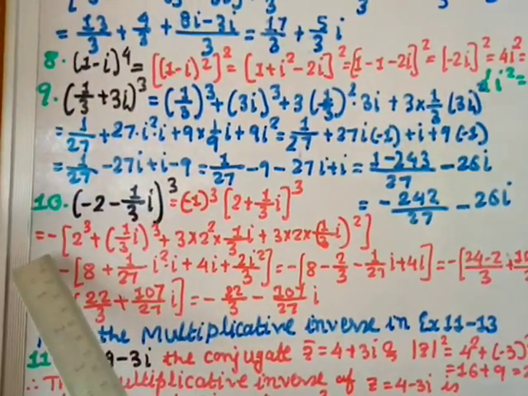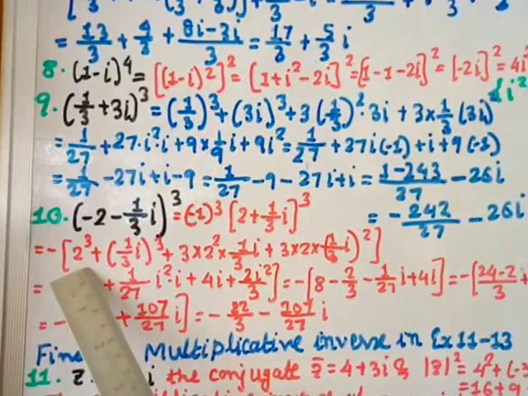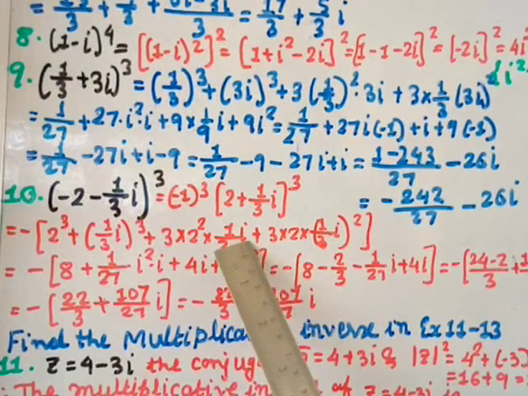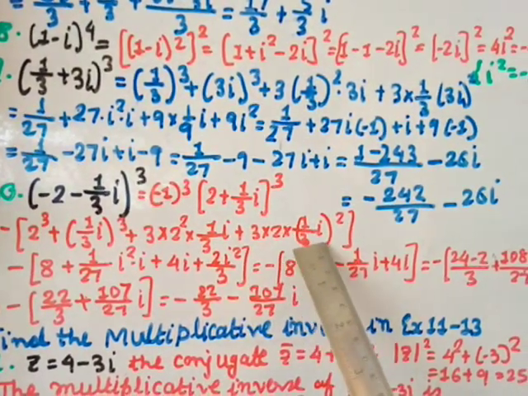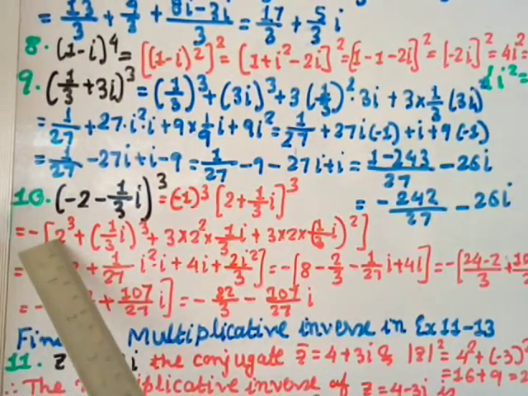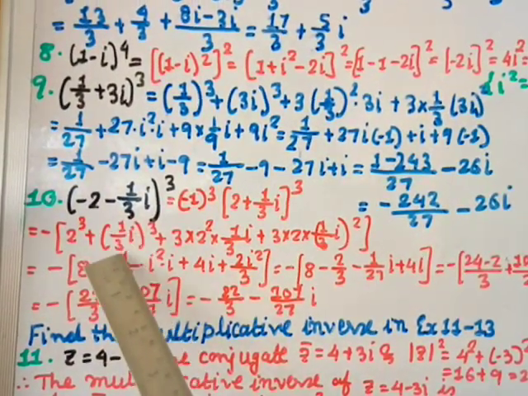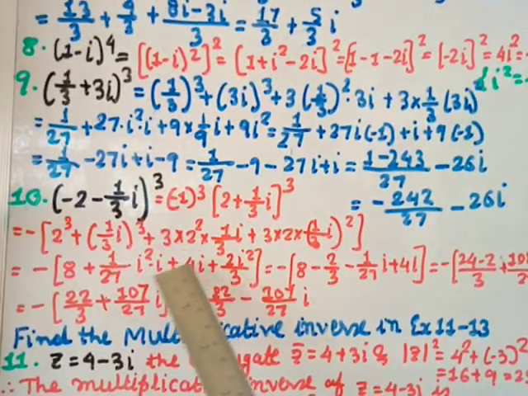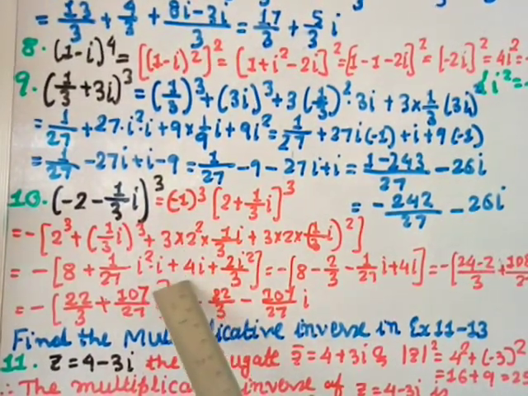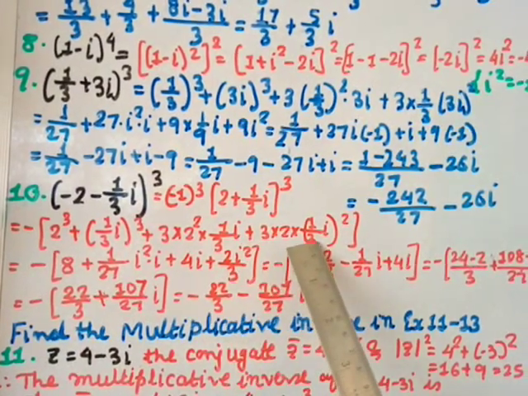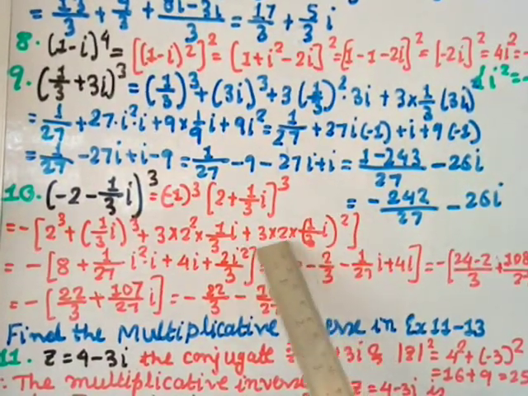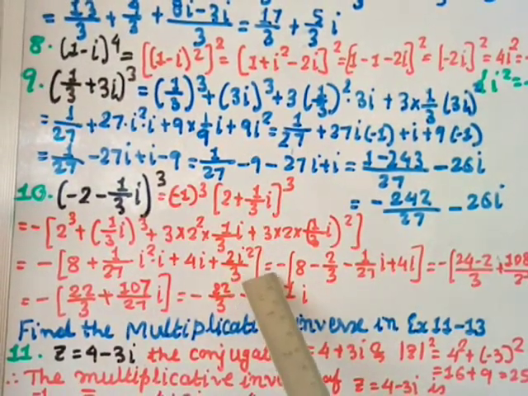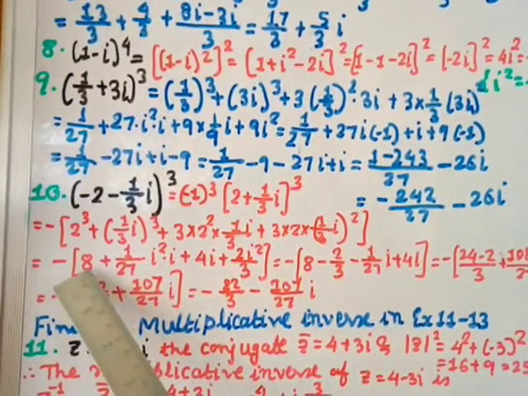So this minus, (minus 1) cube is minus, so the first term cube is 2 cube, plus the second term cube, that is (1 by 3 i) whole cube, plus 3 into 2 square into 1 by 3 i, plus 3 into 2 into (1 by 3 i) square. Minus as it is, 2 cube is 8, plus 1 by 27, i cube is i square into i, plus 3 into this 3 I am cutting. Okay, so here you get 2 square 4 and this i remains, plus this is 3 square is 9, so 1 3 I can cut. Okay, so here remains 1 3 and here remains 2 i square.